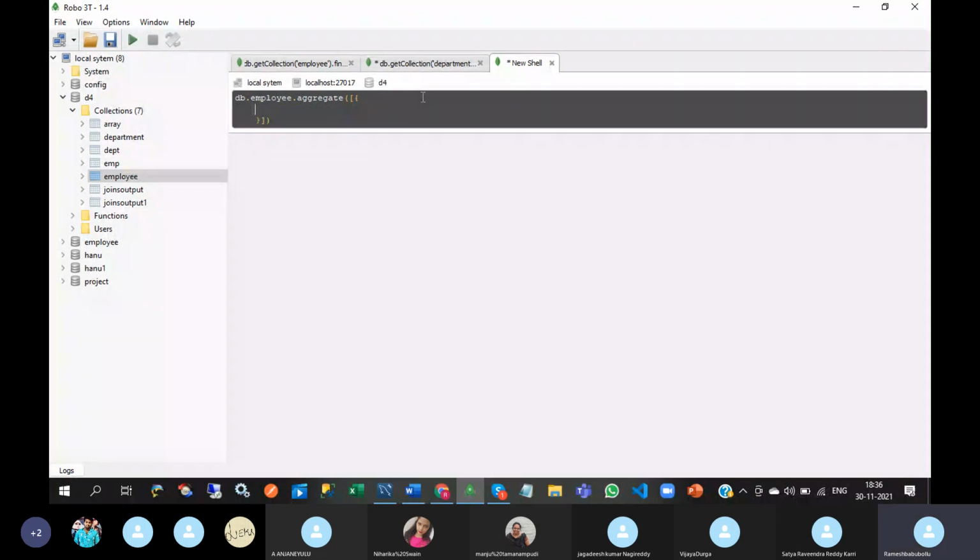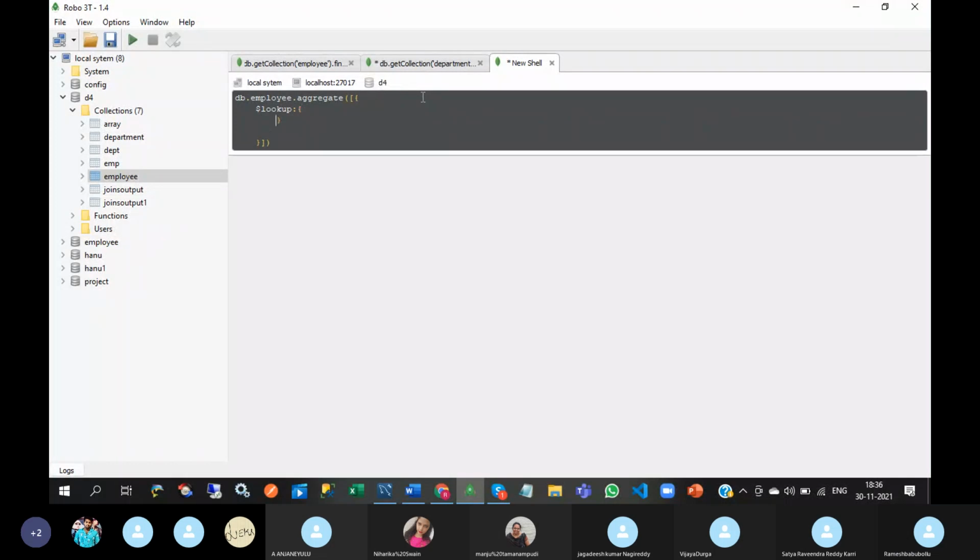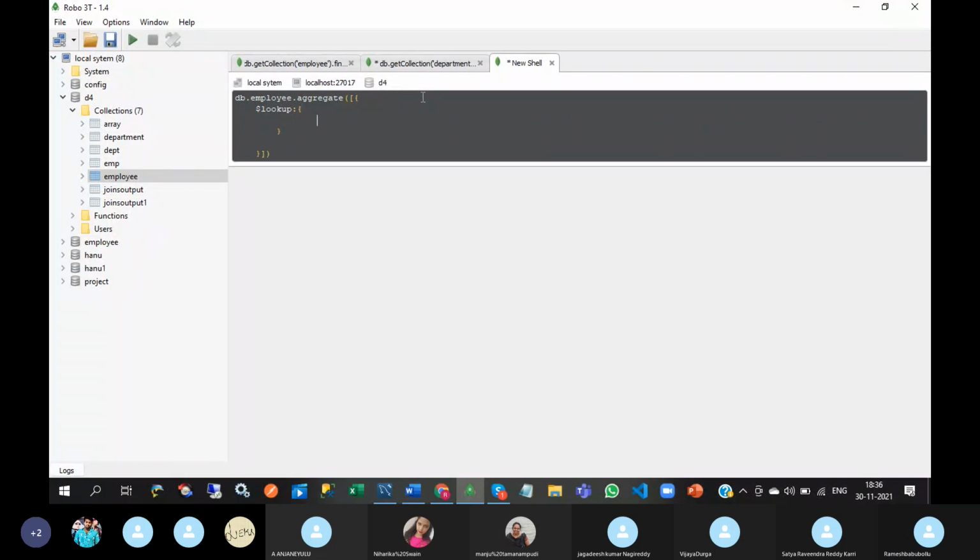Now the lookup operator. From: here you need to give the other collection name which needs to be joined.